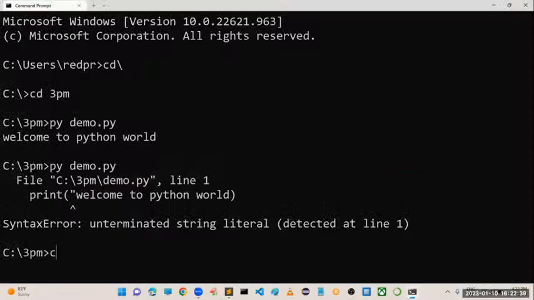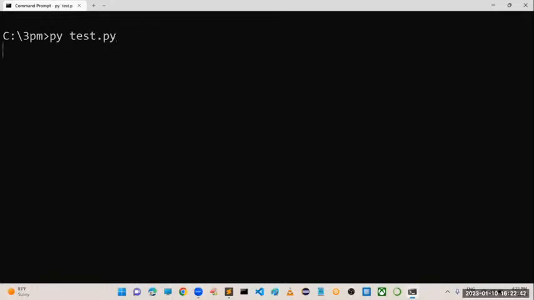So how to read two numbers? As of now, I don't want to read any number. I am providing the inputs here itself statically. A is equal to 101, B is equal to 202. Now I want to calculate addition. We know the basic formula C is equal to A plus B, and you can print the value of C. What output are we going to get? First value is 101, second value is 202. Addition is nothing but 303. That 303 got stored in C, and we are printing that 303 on the screen. If you run the program, py space test.py, you can see we got that 303 as output.